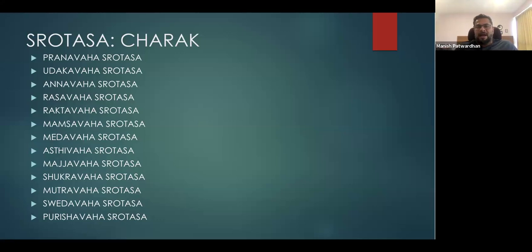Now you will see that there is a slight difference in the way the channels have been explained. The channels here are, and the channels in the Western concept are. In the Western concept, it is more to do with the flow. So the circulatory system where the blood and lymph will flow, the respiratory system where the air circulation will happen, the air mixing with the blood will happen, the digestive system where the food will be processed, the waste products will be thrown out, the urinary system where the urine will be formed and it will be thrown out.